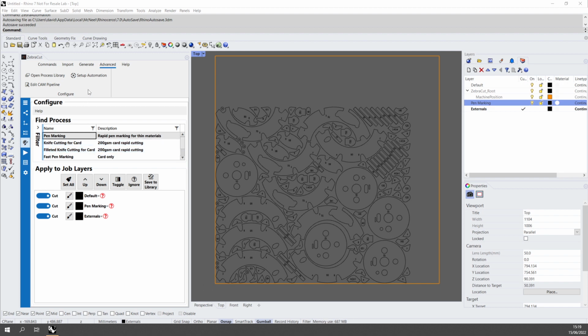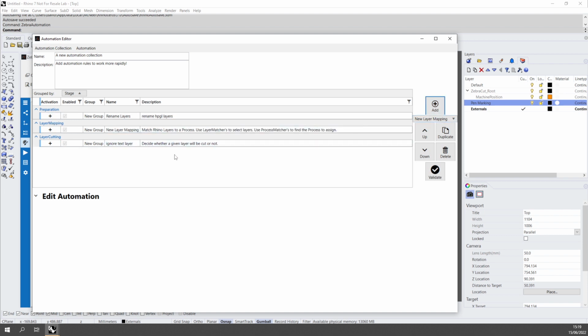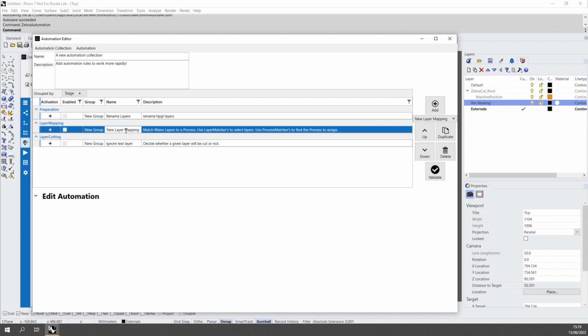So to do that, I'm going to go to Automations. We're going to go to Advanced on the ZebraCut tab and then open Setup Automation. Here you can see the various automations that I have configured, and we're going to add a new automation for layer mapping. So we'll add that to the list, and you'll see it's now appeared. We're going to give it a name, so this is going to be assign pen,